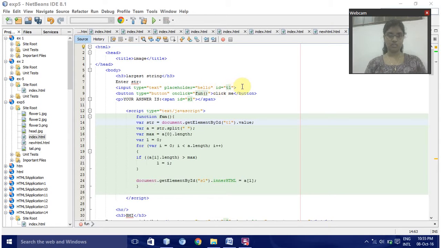and ID is T1 we are using, and then button type we are creating, button onclick function, and click me, and closing this button tag. And then after that we are creating the answer. For that using the span tag, span ID equal to S1, and the script type we are using in